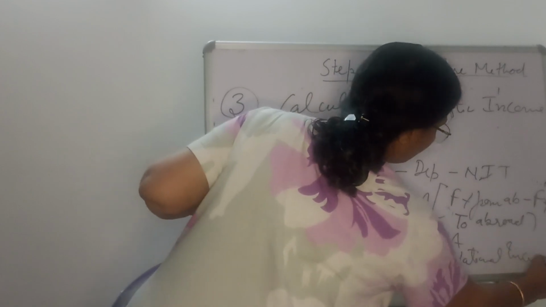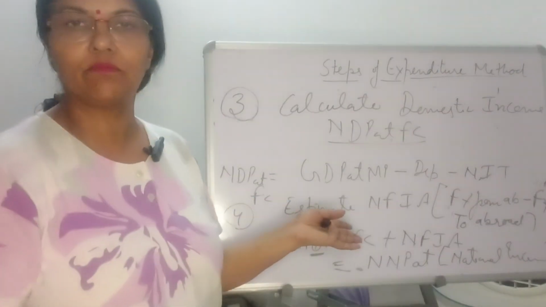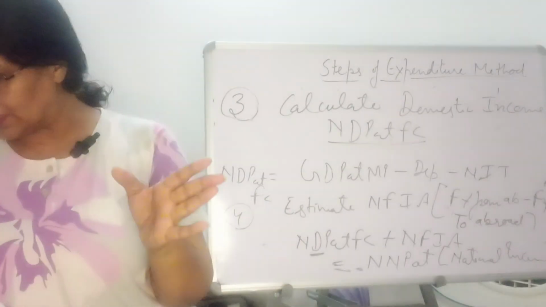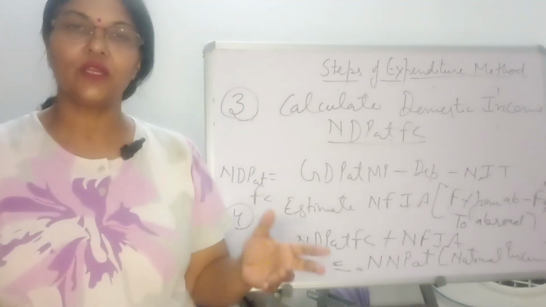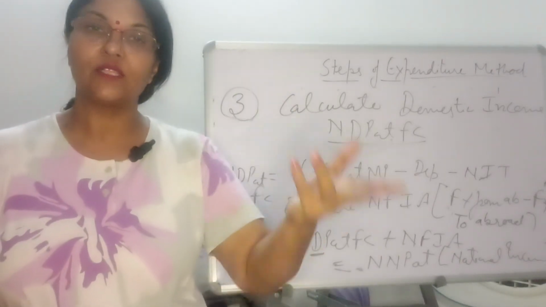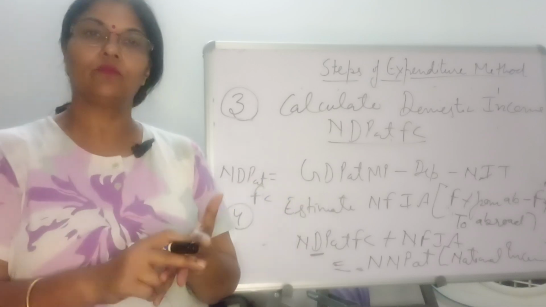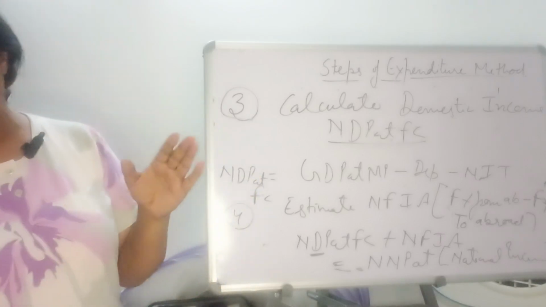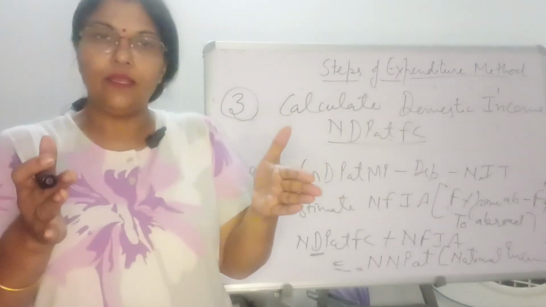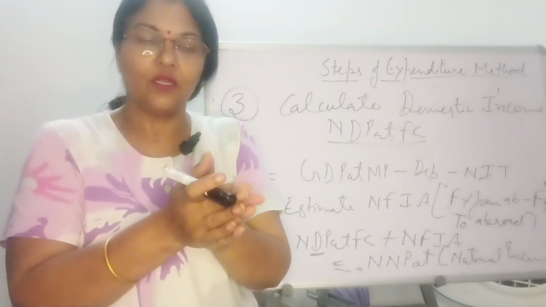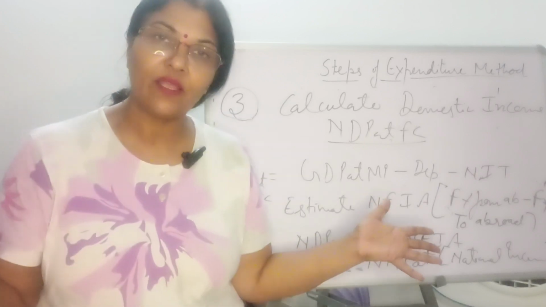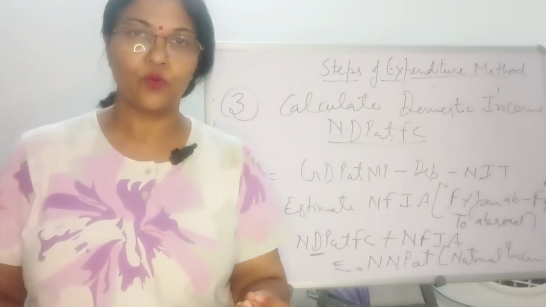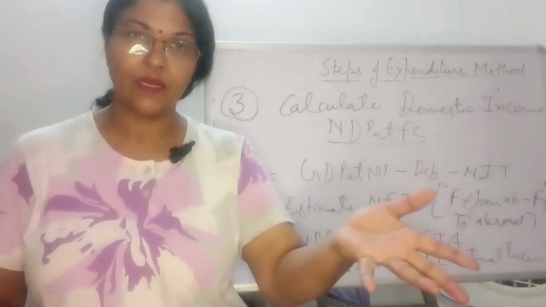So these are the steps. The last two steps are approximately similar in all methods. Here, only 2 steps you have to remember. First is the identification and classification of economic units doing the expenditure on final goods as 4 groups: household, government, firm, and rest of the world. Second is the calculation of final expenditure by adding 4 components: private final consumption expenditure, government final consumption expenditure, gross domestic capital formation, and net export. Then we arrive at GDP at MP.